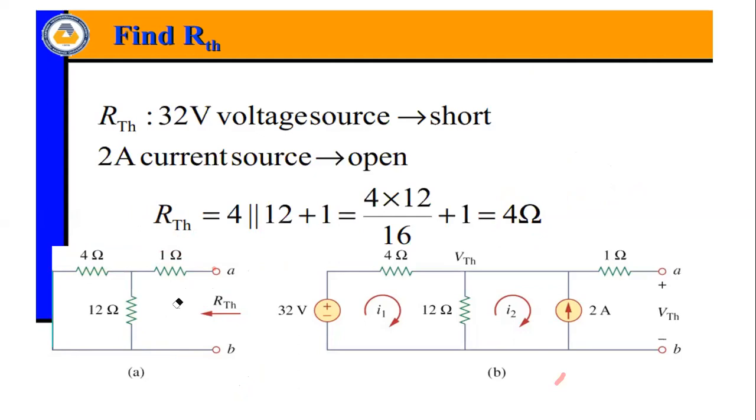The problem comes with VTH. VTH is not easy. Finding VTH is not as simple. Why? Because for that the sources will be there and you have to solve everything. So the circuit has to be solved. How it will be done is: we have the 4 ohm resistor and 32 volt. So all these things will be there. What we need to do is